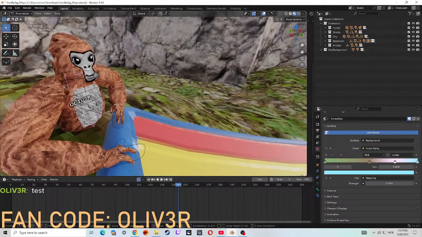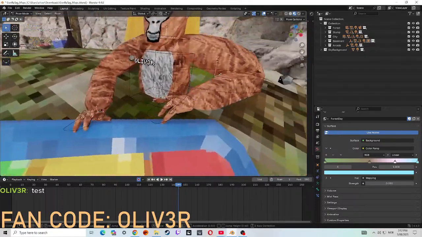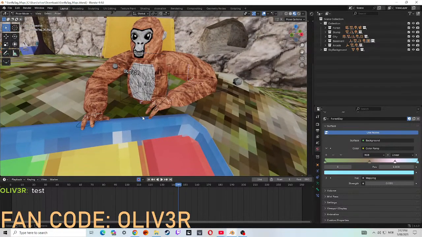Then over here. Now with this hand to like